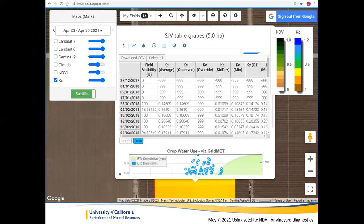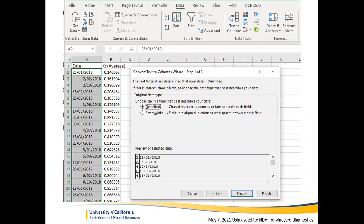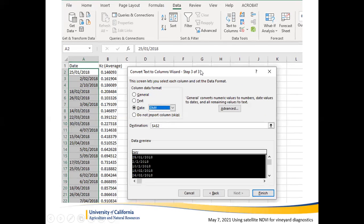So what you have to do to convert this into something that our Excel program will read: when you open up that file, you go to the data heading, and then there's a text to columns feature or button. You click on that. It brings up this text to columns wizard. First you have to select all the data before you do this. Then you hit the text to columns wizard, hit next and next a couple of times, and then you get down to this option here. You click date and put DMY for day, month, year. After you hit finish, that converts that into a format that Excel can work with,